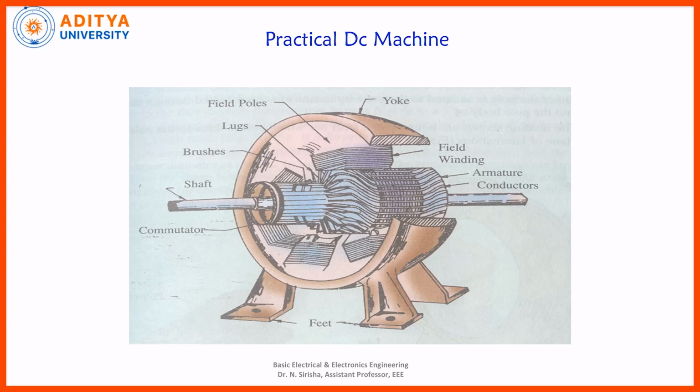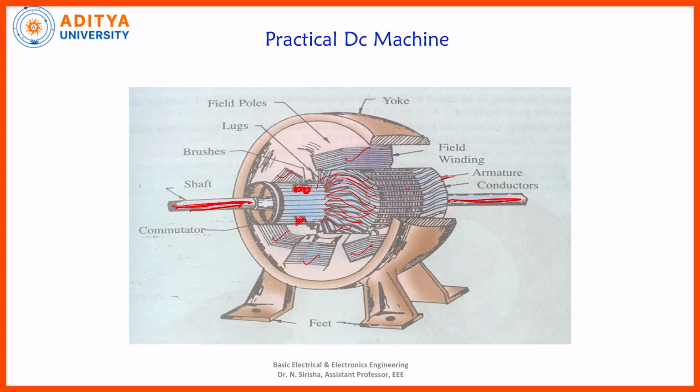See, this forms the shaft of the machine, where the whole of the machine is placed. These are the armature conductors. These armature conductors are connected to the commutator legs. Each and every armature conductor is connected to the commutator legs. This forms the field poles, in which magnetic flux is produced. From the armature conductors to the commutator, this forms the brushes which are placed on the commutator.